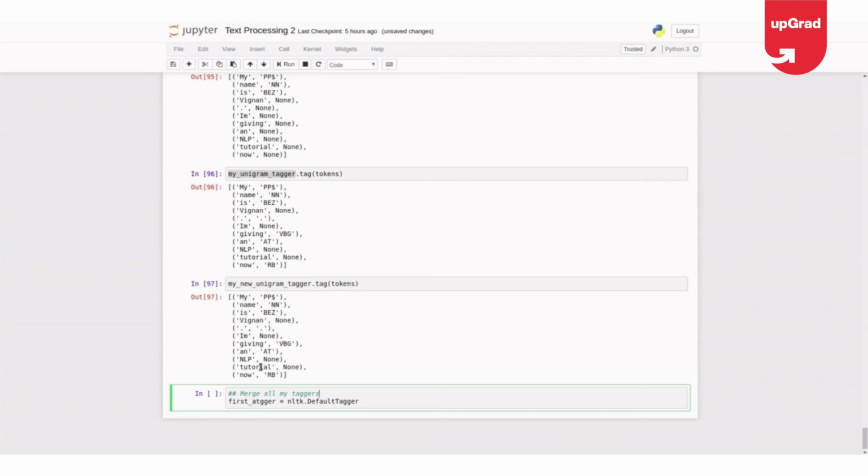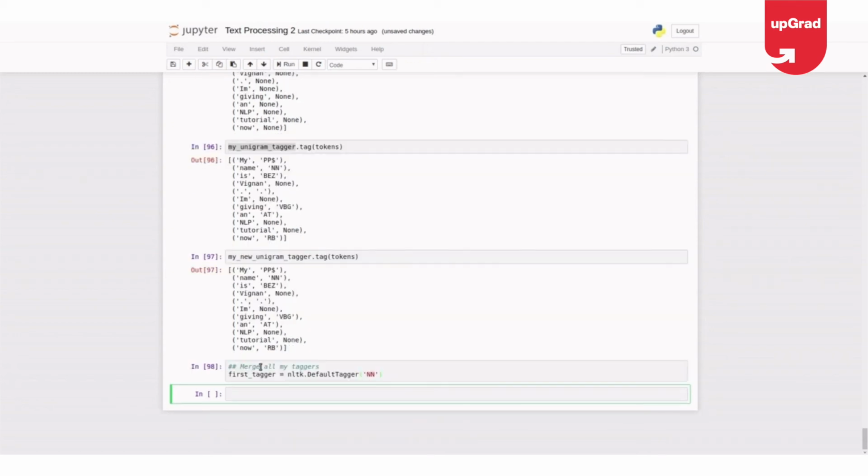So my first tagger was the default tagger, as I was saying, where the default is noun. And the second is my unigram tagger, where I gave some training data.